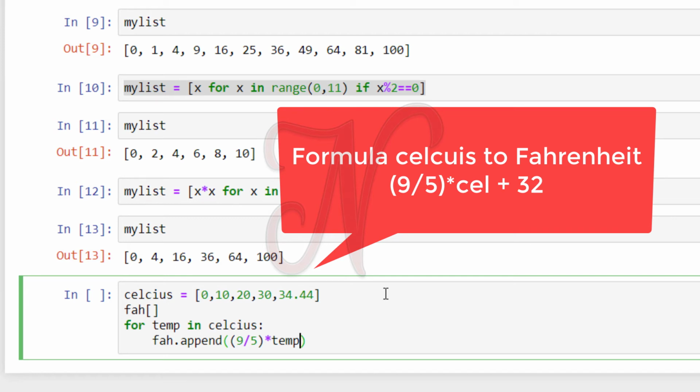Okay, so this temperature is the value of this Celsius value. By using the Celsius list, one by one temperature value is assigned to this temp variable. So this temp means this Celsius value plus 32.